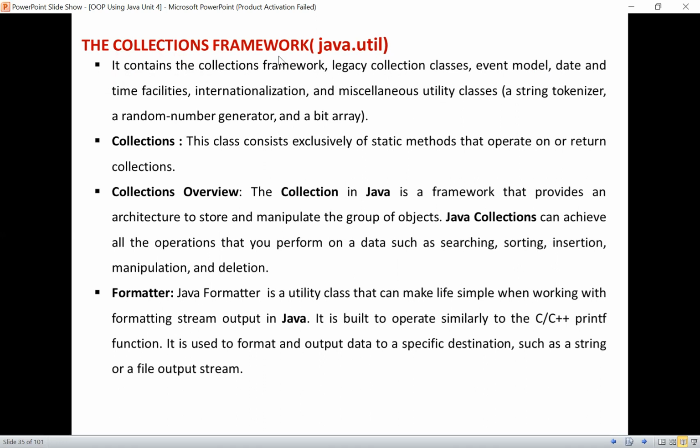So it has interface and its implementations, that is, we can call it as classes and algorithms. Okay, next coming with this collection interface. The collection interface is a type of interface which is implemented by all the classes in the collection framework. It is going to declare the methods that every collection will have. So in other words, we can say that collection interface is going to build the foundation on which